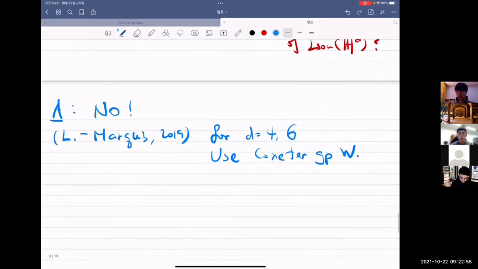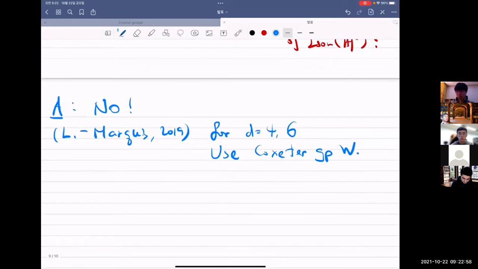Okay. So before going to the constructions, at least I want to mention the following remark. So here probably you wonder why I start with 4. Okay. So the remark